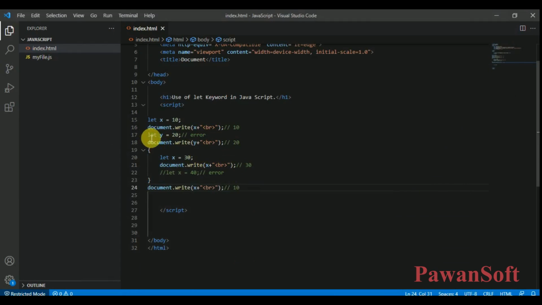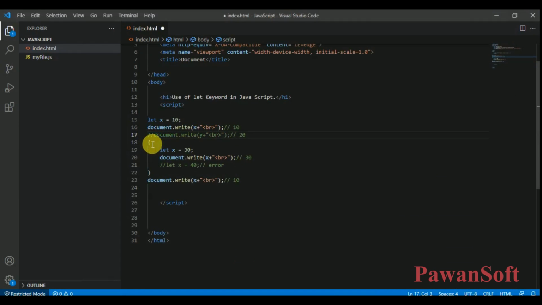Now for some time, let's comment the line. Here you will get 10, 30 and 10.